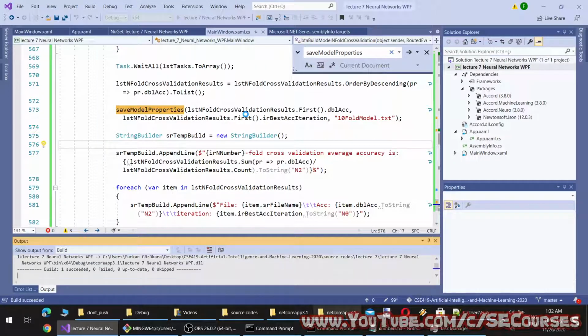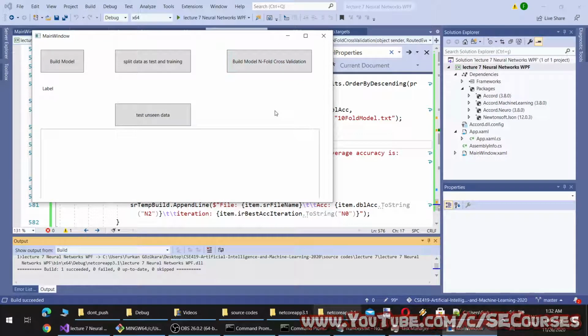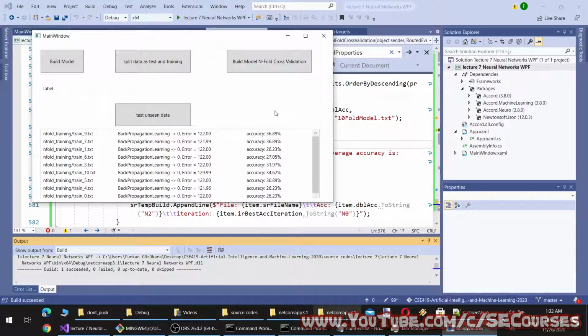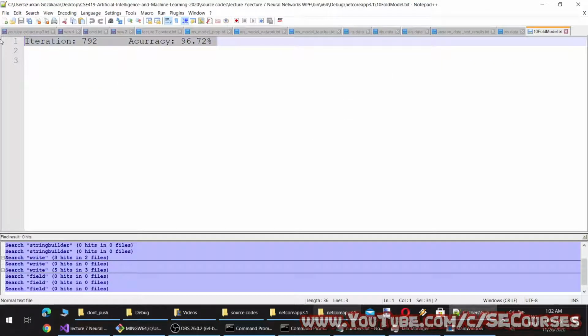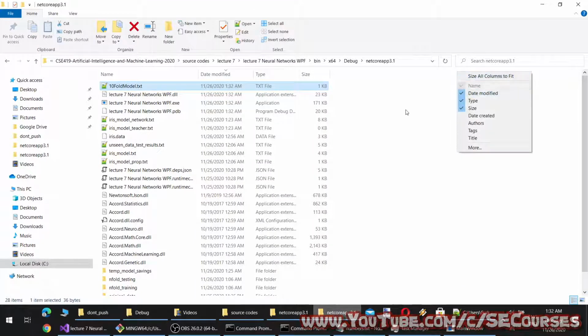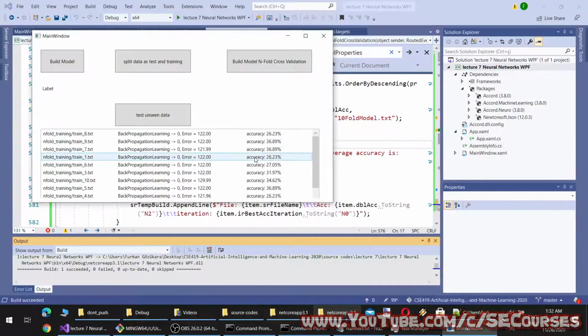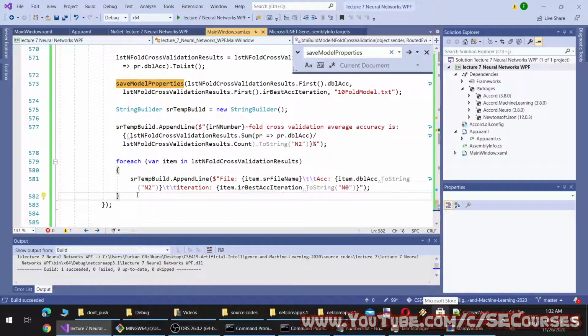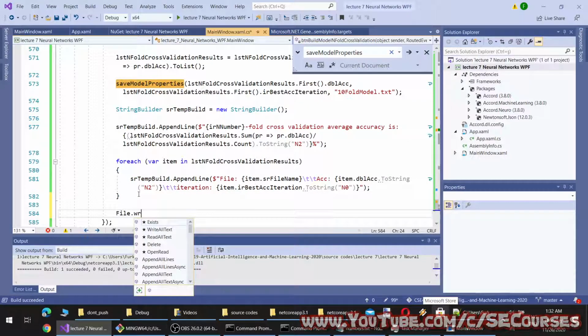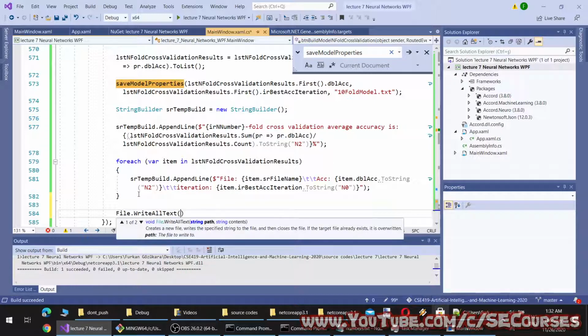Let's run it without debugging. Yes, the model has generated. We didn't get this written.